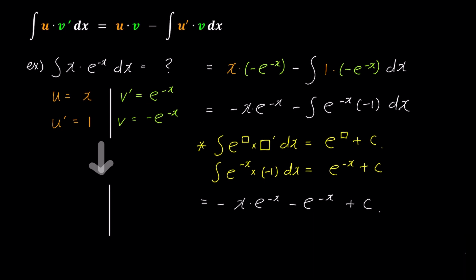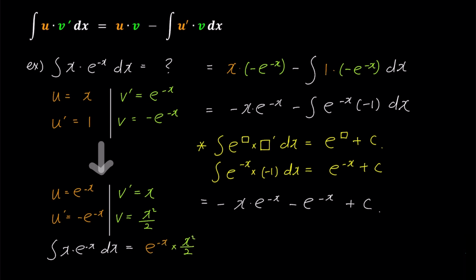What if we didn't know this fact and chose u equals e to the power of negative x and v prime as x instead? In that case, u prime would be negative e to the power of negative x, and v would be x squared over 2. We can substitute these values into the integral to see what happens. Our integral becomes e to the power of negative x times x squared over 2 minus integral negative e to the power of negative x times x